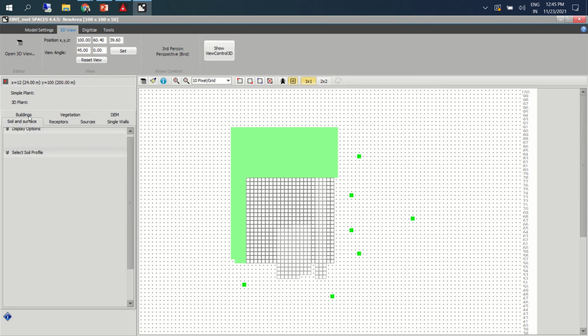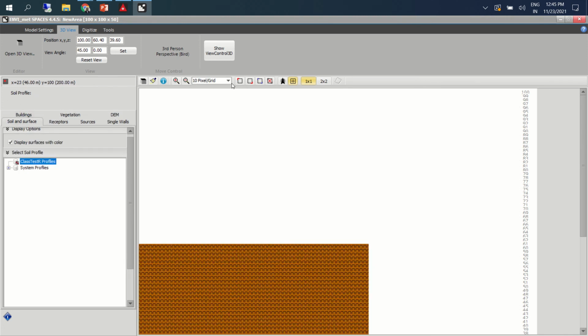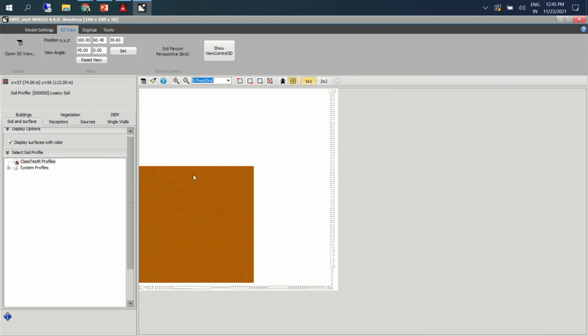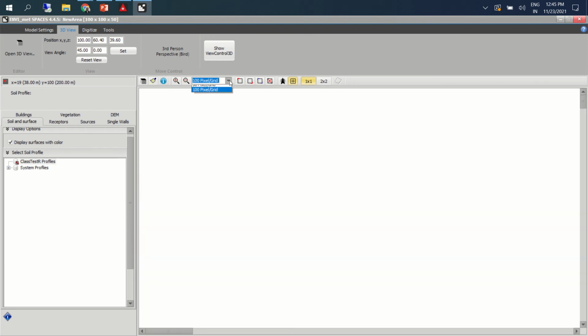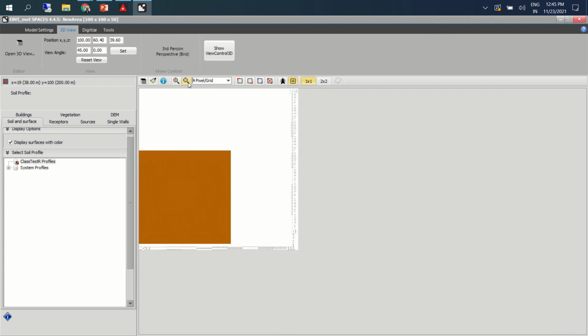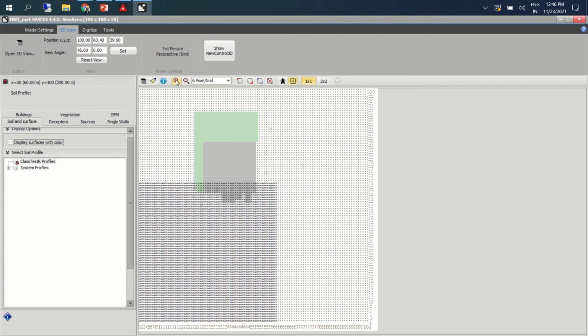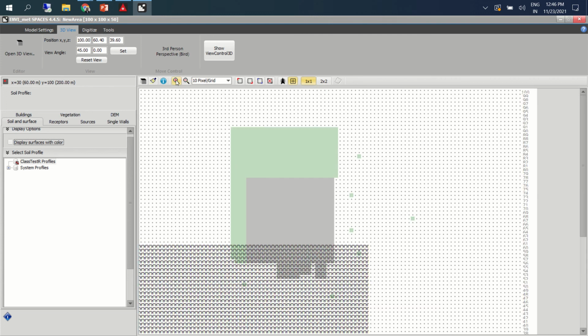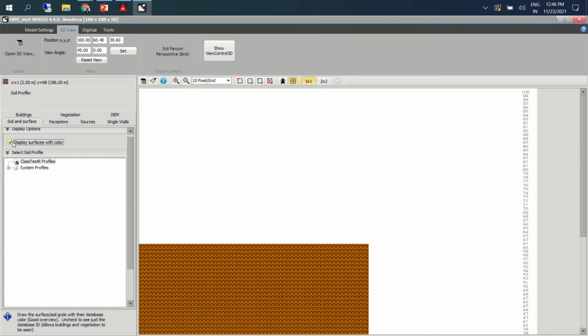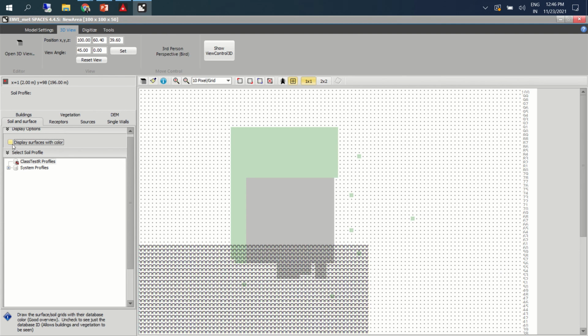We can also add surfaces. What kind of surface that we want to add?